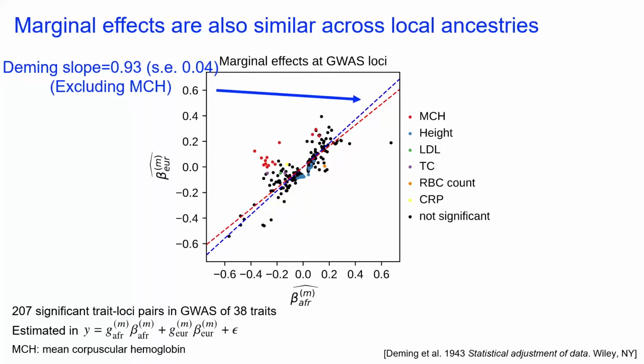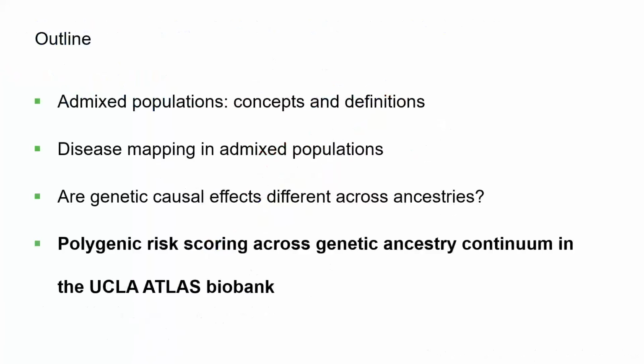So the answer that we convinced ourselves of after lots of work within the past years is that genetic causal effects seem to be the same across ancestry. They seem to be very, very similar, and really what may be contributing to the lack of transferability across populations is frequency and maybe tagging of unknown causal variants. But once we narrow down on the causal variant, they seem to be operating the same across ancestries. That's our conclusion.